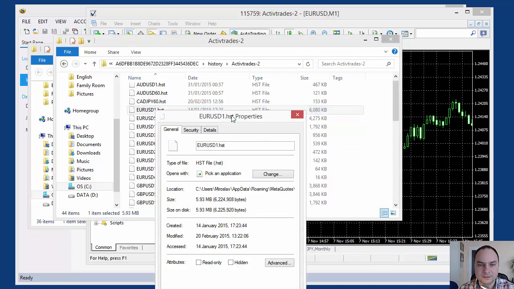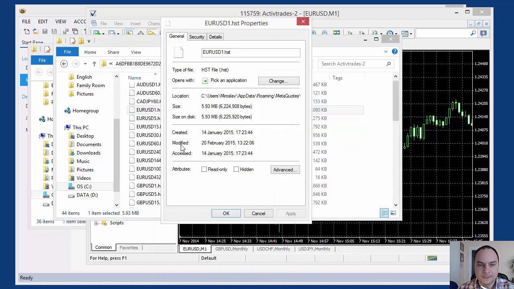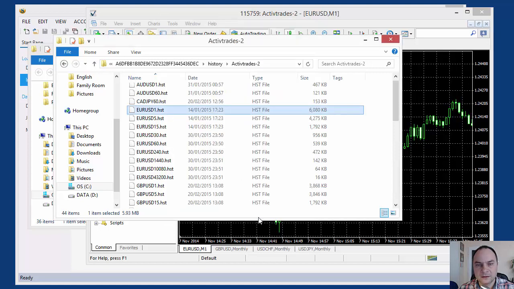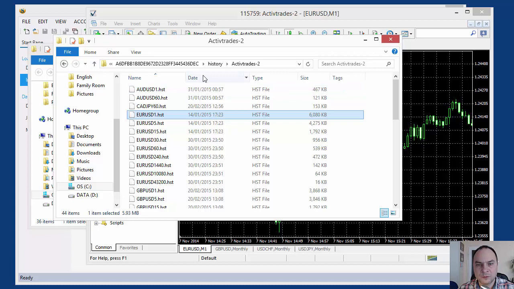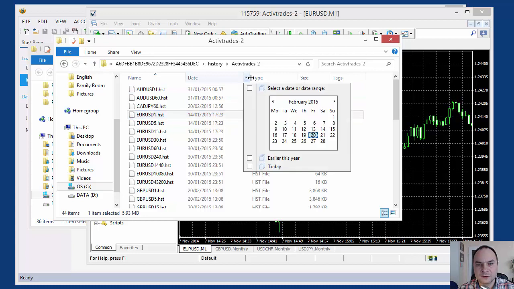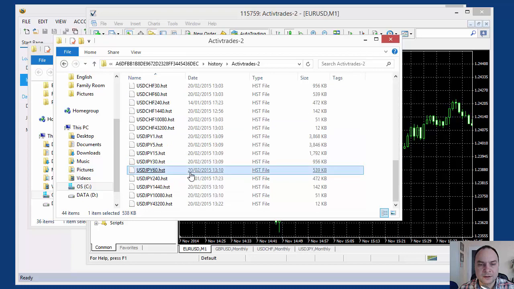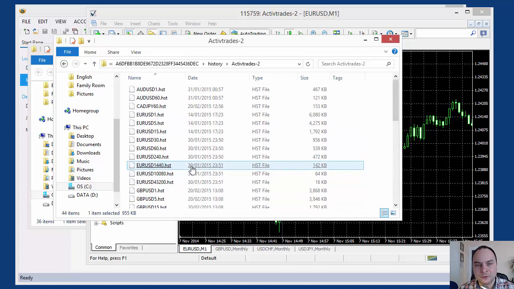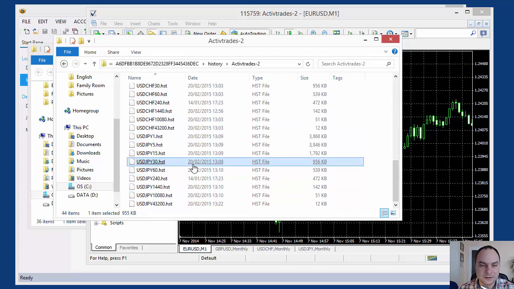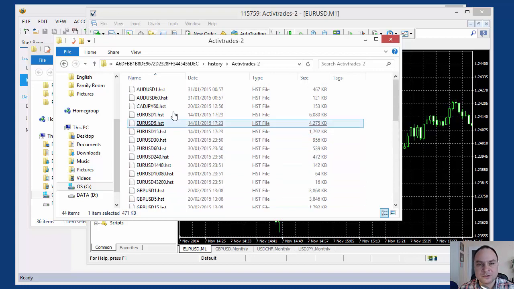Properties, modified 20th of February. Actually, the data are modified. Most probably, what I see here is not the modified date, but the creation date. This is very strange. Okay, I hope all of my data are updated, and I'm going to import these HST